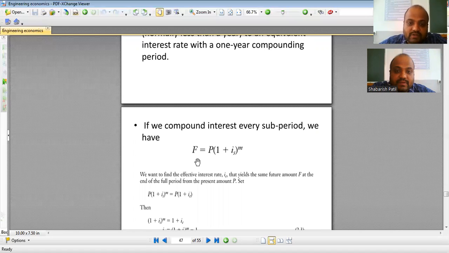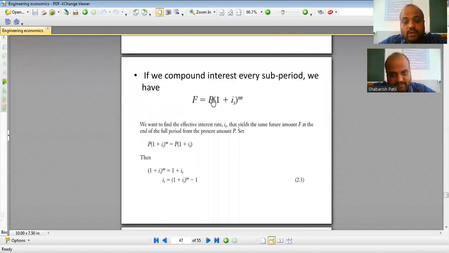So your future value will be p into (1 plus i) raised to n. Wherever you have i, which is for a year, now we are substituting it with the sub period nominal interest, is, raised to, here I am not taking n, because this is not i, this is is. For 1 year this m will be 12 if I take my sub periods as 12. For 2 years, my m will be 24, like that. So f is equal to p into (1 plus is) raised to m.